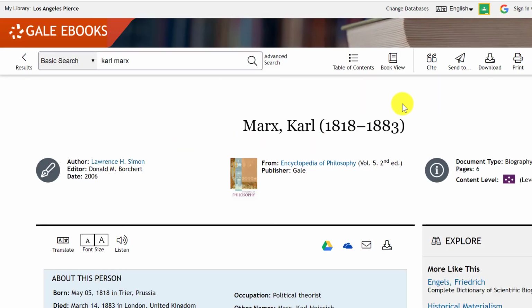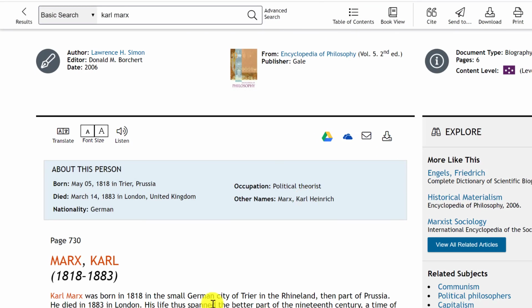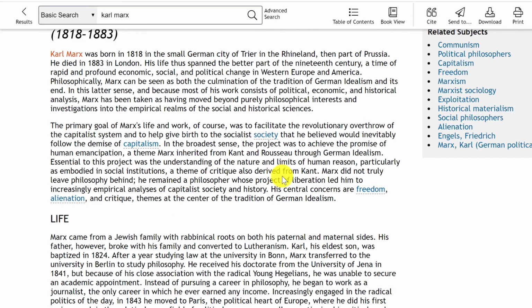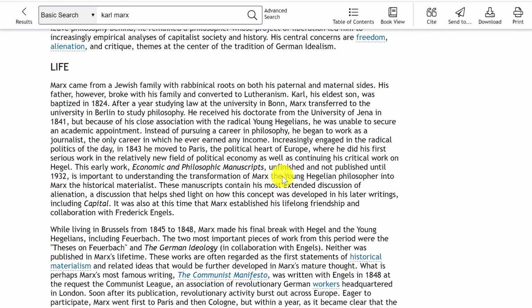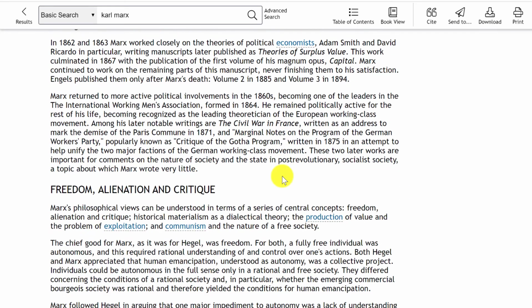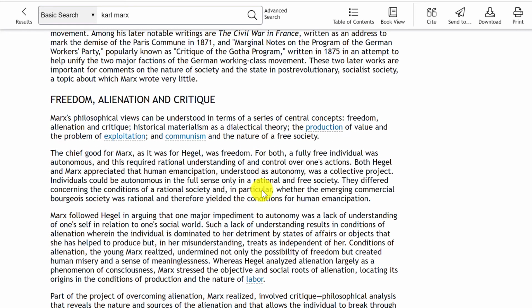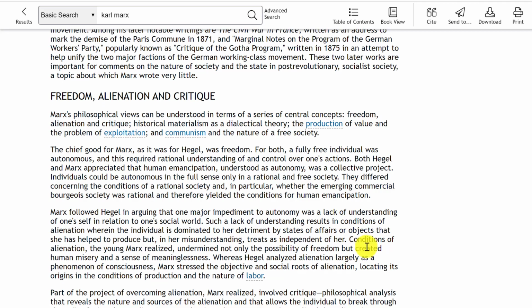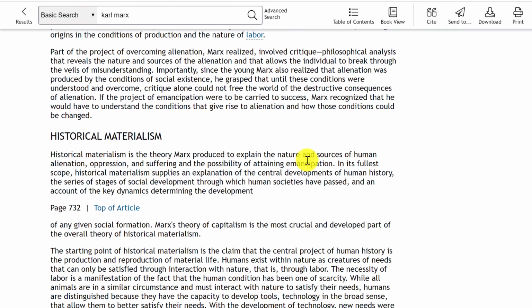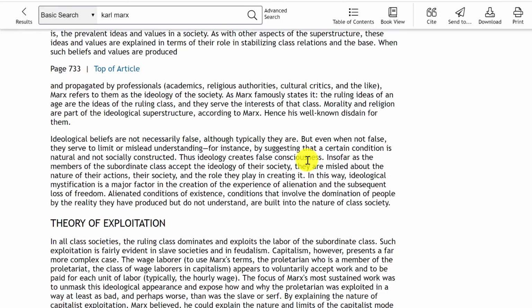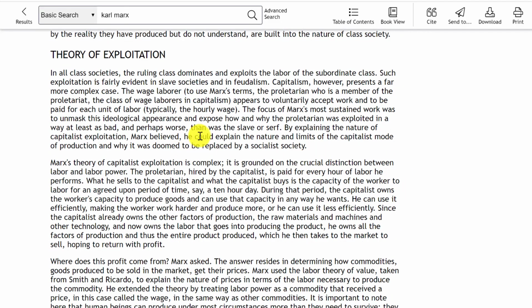And this article, once again, it's coming from the Encyclopedia of Philosophy, but it's just about Karl Marx. So we should be able to find some information about his life and maybe some of the big themes that covered his career, his historical significance, a little bit of his theories,